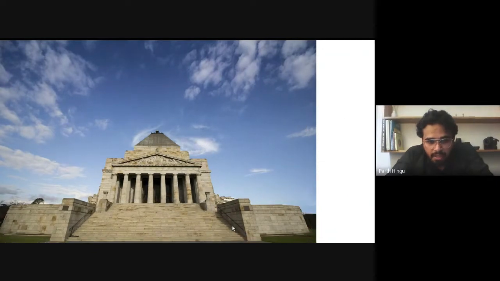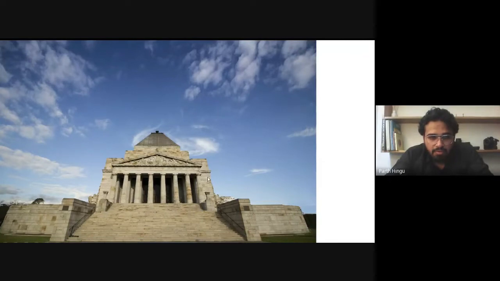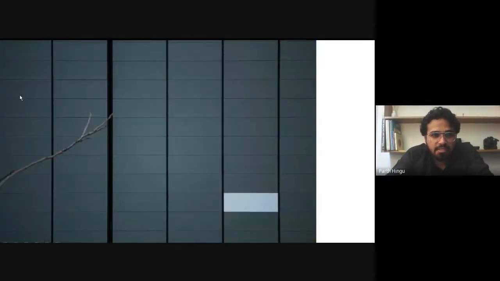And you just need to be precise. If you are changing the picture, you are manipulating the picture, it means you did something with the picture. So you must be precise. The same thing in this one.